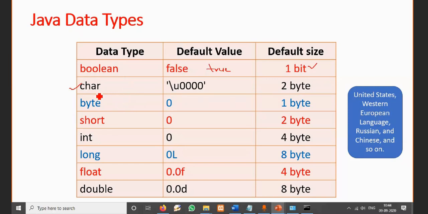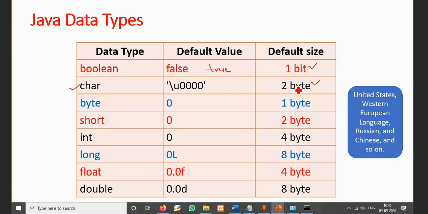Because it is a universal type, it takes 2 bytes. 2 bytes means 2 to the power of 16, because 1 byte equals 8 bits, so it supports 65,536 different characters.